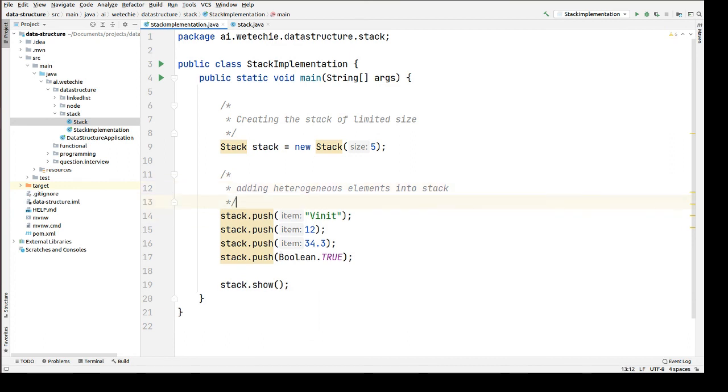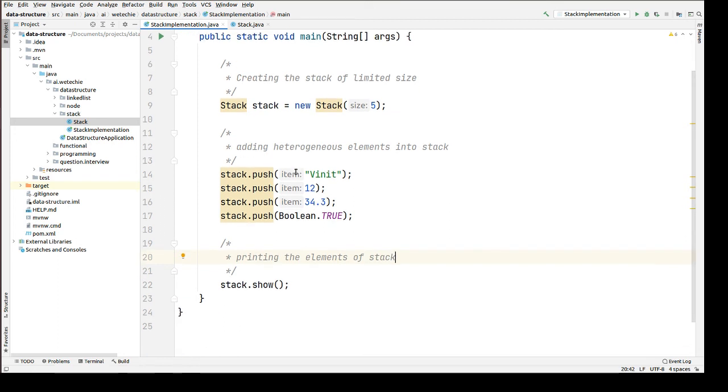So we have support for heterogeneous elements. Now printing the elements of stack. All right, now let's run this and verify what we are getting here as output.